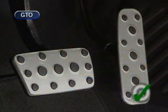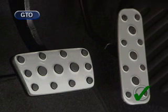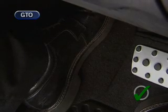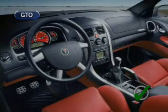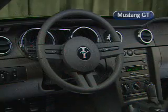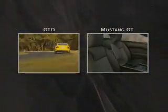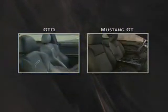GTO's accelerator, brake, and clutch pedals are machine drilled, much like a race car. And GTO now has a footrest on the left side of the driver's footwell to increase driver comfort and help to reduce fatigue. GTO's steering wheel has both tilt and telescope features, compared to Mustang's which tilts but does not telescope. On top of their performance-oriented design, both GTO and Mustang GT include a variety of standard features to help